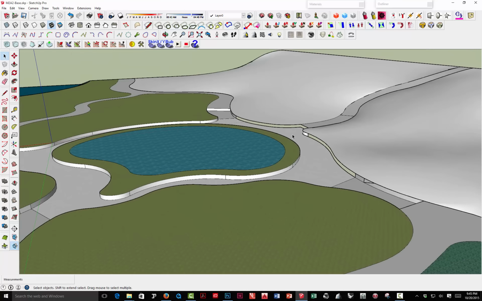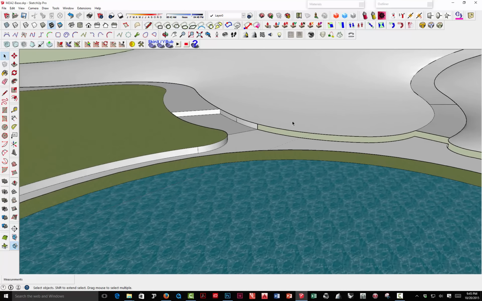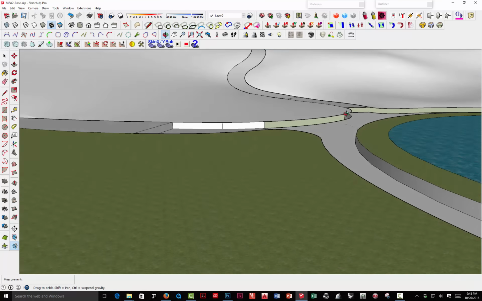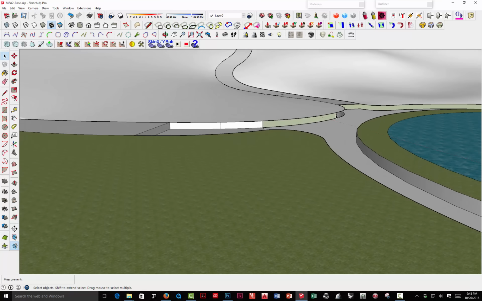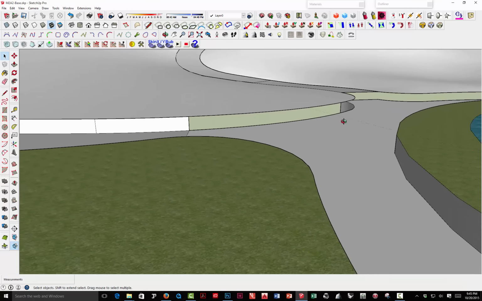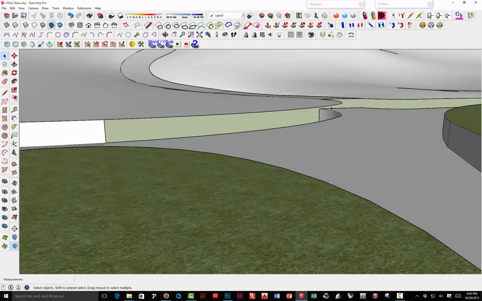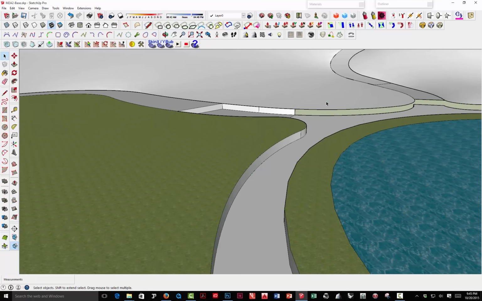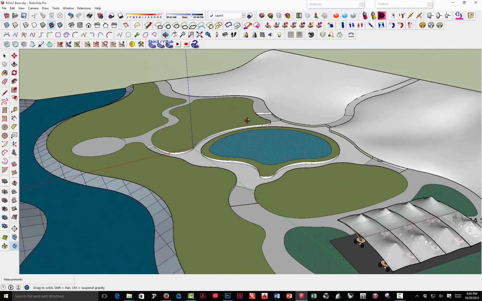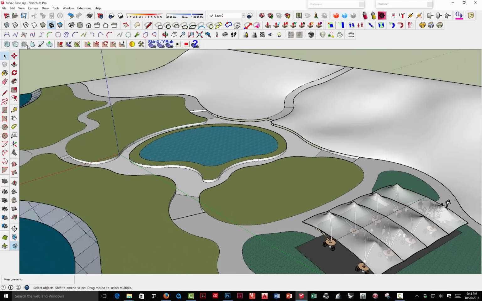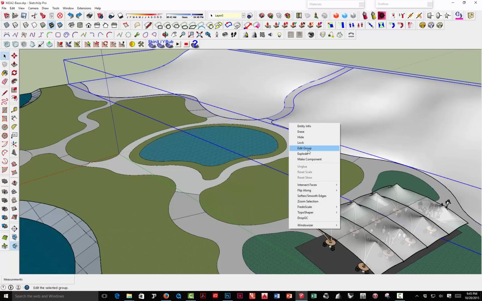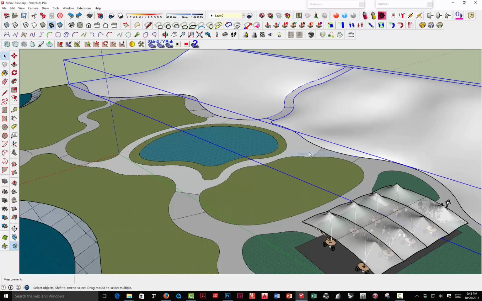But actually it would have been smarter, since I demonstrated this, to pull this down before, because if I would have pulled this down before I created this surface, it was all connected. But let's see what we can do here. Okay, because this will make it more understandable, I am going to back up. There we go. And then what I'm going to do is take this, ungroup it, explode it,